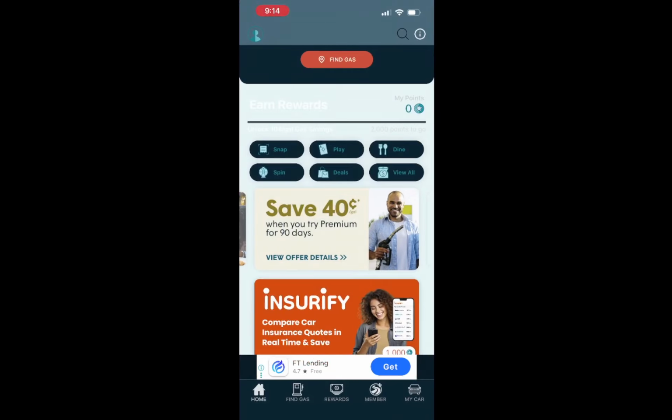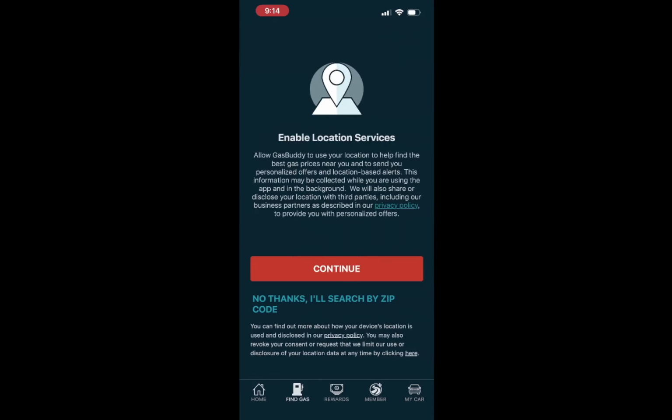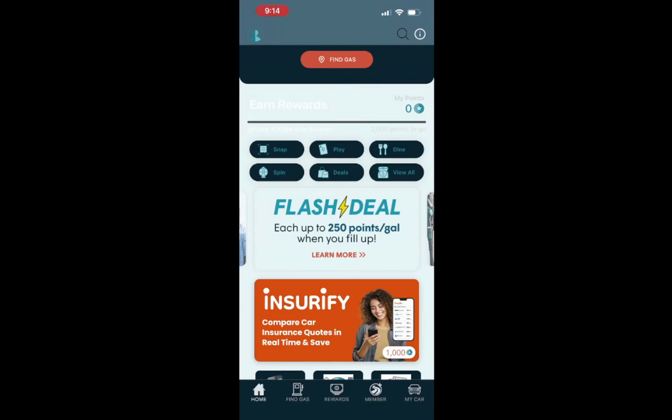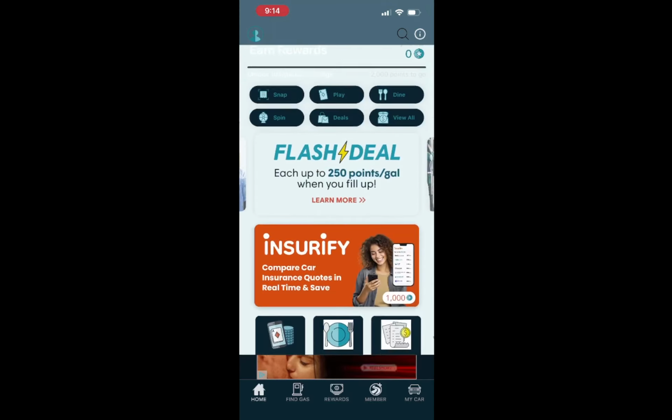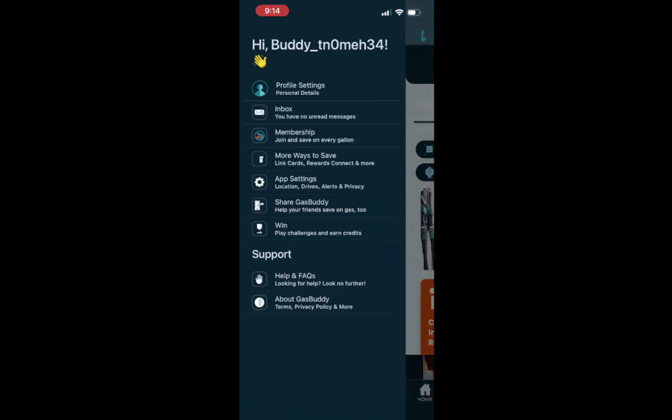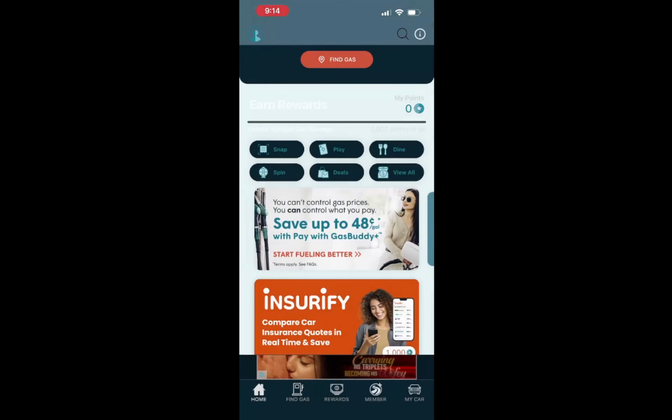This is an important step because having accurate information helps other users save time and money on fuel. First, you need to sign in to your GasBuddy account. Look for the Sign In option on your screen, which is usually located in the upper right corner. Click on it and enter your credentials. This might be your email and password. Signing in ensures that your request is linked to your account, which is crucial for tracking your submissions and any related updates. If you don't have an account yet, you will need to create one. It only takes a few moments and is free to do.